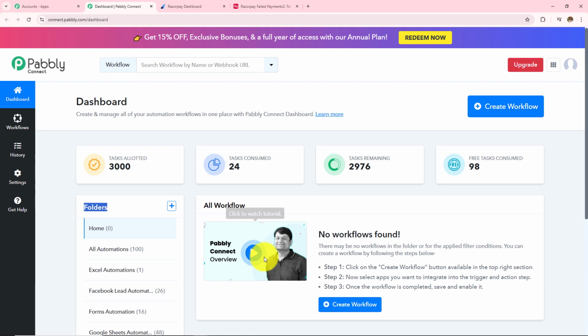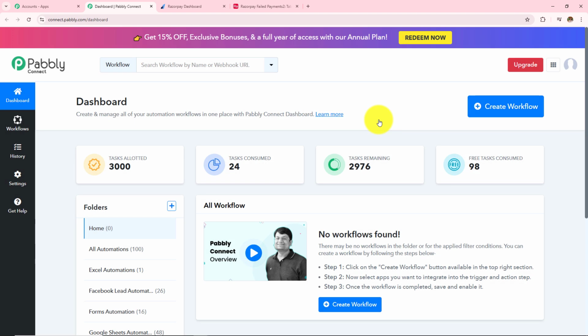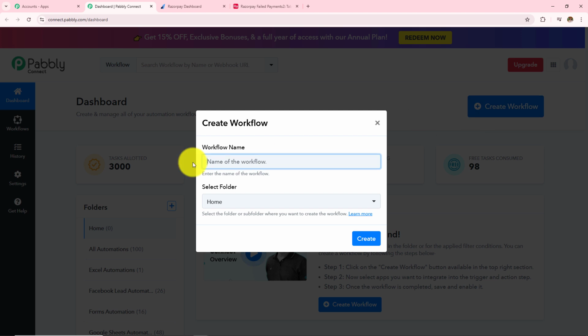If you want to create a new folder, you simply have to click on this plus icon, and from here you can create a new folder. For now, I want to create a new workflow, for which I need to click on this create workflow, and first I need to provide the workflow name, and then I have to select the folder in which I want to save that workflow. So first let's name this workflow as how to add failed Razorpay payment details in Airtable